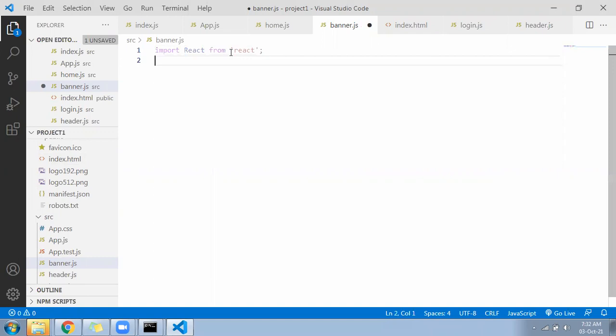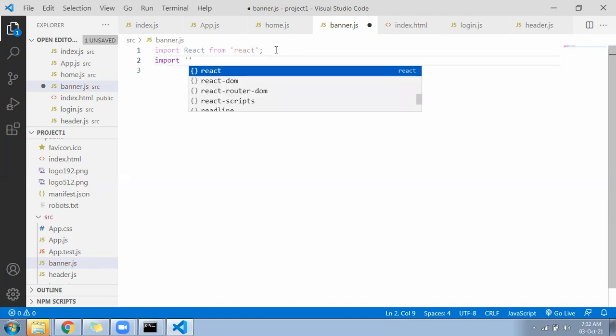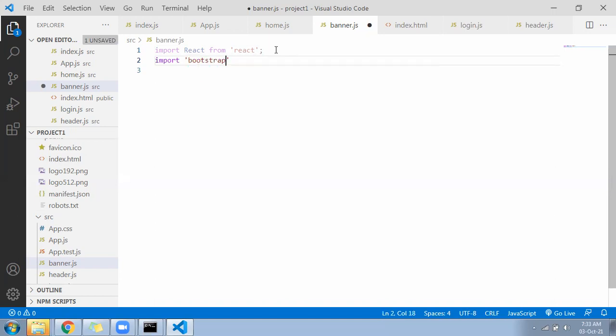After that, come inside next and import, in single quote, that file: bootstrap, dist, css, then carousel.css. That file we have stored under the node modules folder.